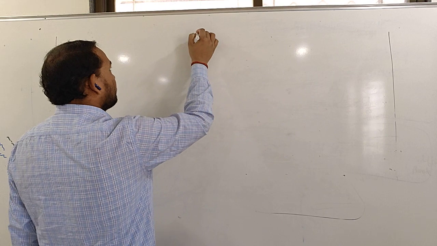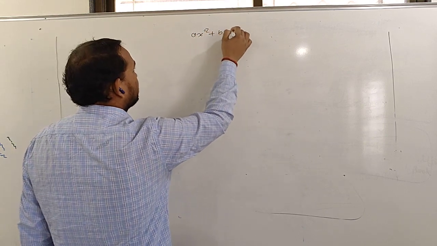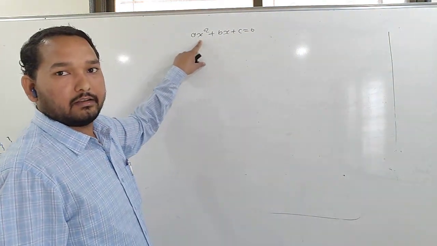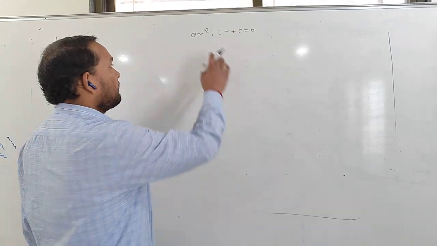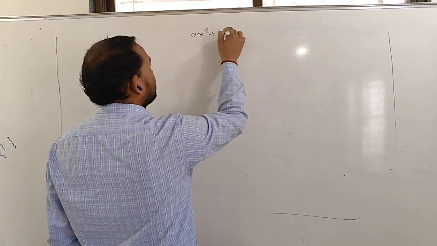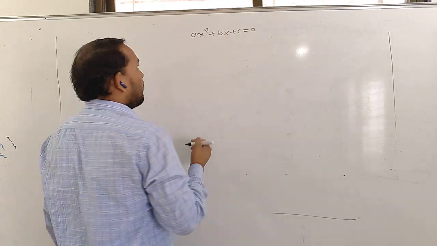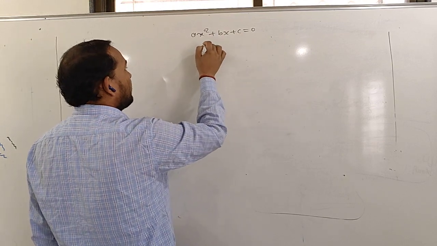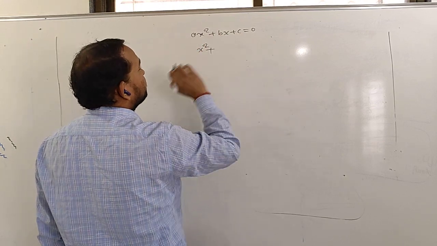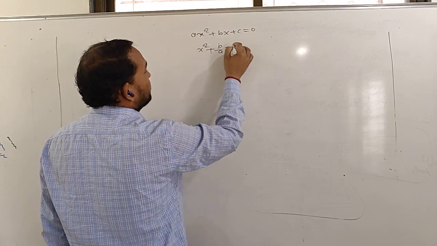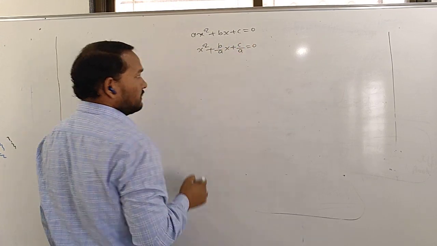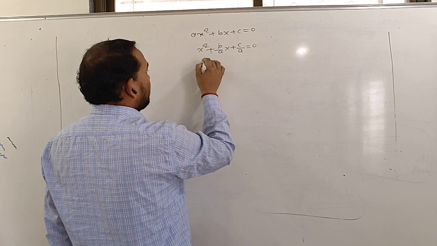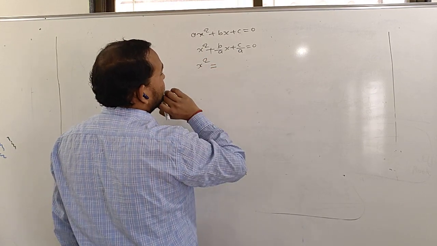In simple terms, the general form is ax square plus bx plus c equal to 0. Now divide by a on both sides: x square plus b by a x plus c by a is equal to 0. Then transfer this to the other side, then x square is equal to